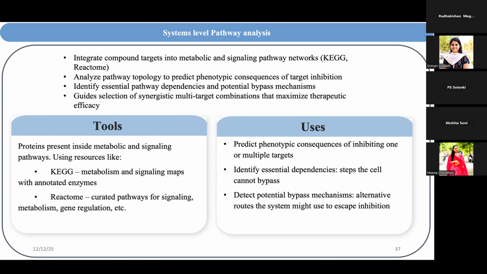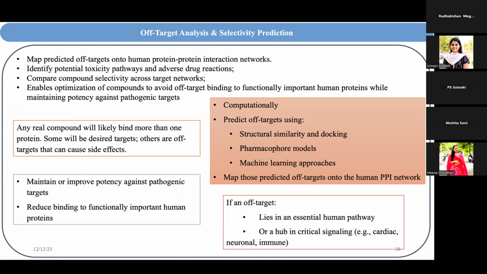The next one is off-target analysis and selectivity prediction. This is another most important one. One compound is likely to bind with more than one protein target. Some of these will be desired targets and others are off targets, which can cause side effects. Computationally, we can predict off targets using structural similarity, docking, pharmacophore models, and machine learning approaches,